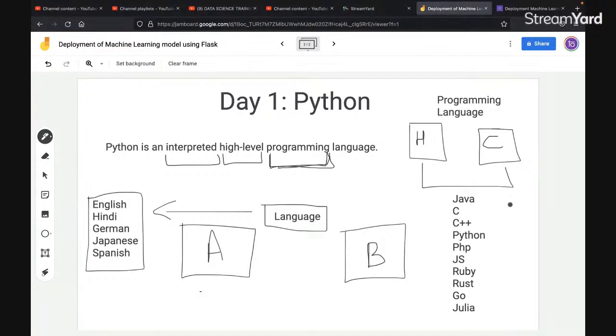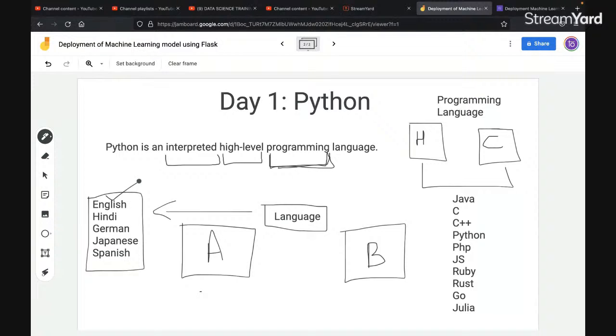Now see this, none of the programming languages is lesser than the others. You cannot compare any two programming languages. It's totally based on the scenario in which you have to use it. Like we cannot say that English is good and Hindi is bad. We cannot say Hindi is good and German is bad. They all have a different aspect. They are all best at their own level, right? If I'm talking to a person who only understands English, using Hindi, German, or Spanish will not work out. So I cannot conclude that English is better.